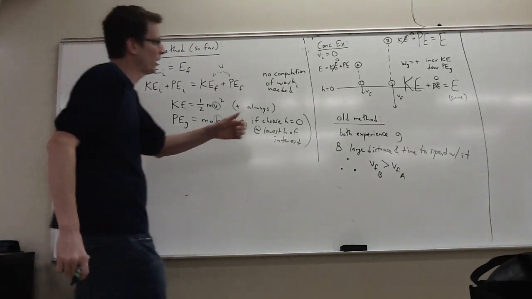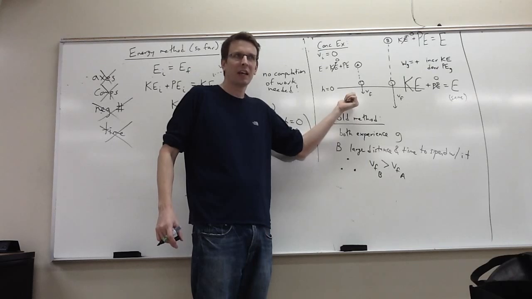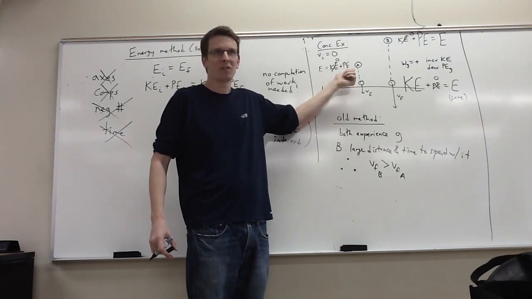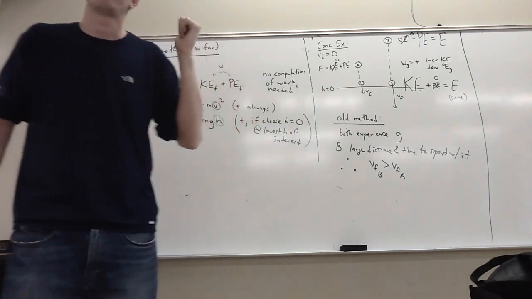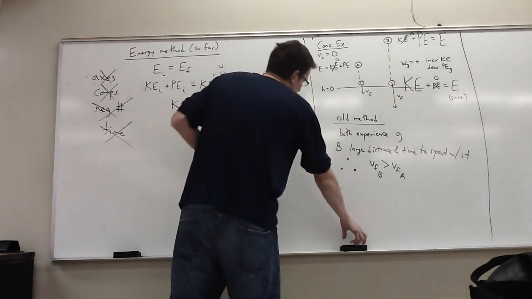The same exact trade happens for ball A. Of course, its potential energy goes into kinetic, but because it didn't have as much potential energy to start with, because it wasn't as high, it doesn't have as much kinetic energy at the end, right? And so therefore, it's not going any faster. So if we were going to write that all down,